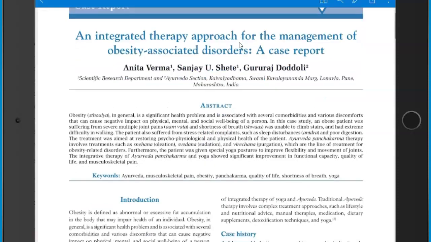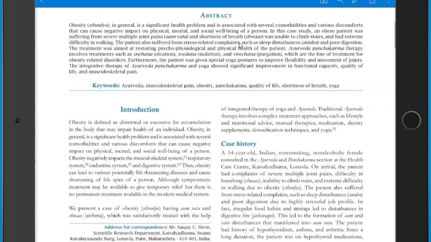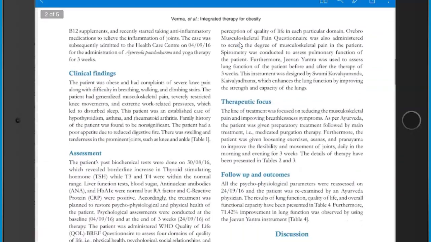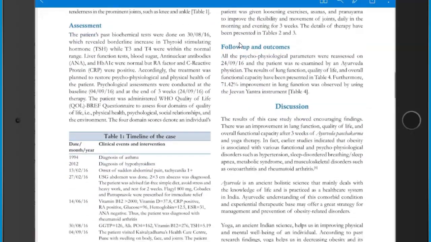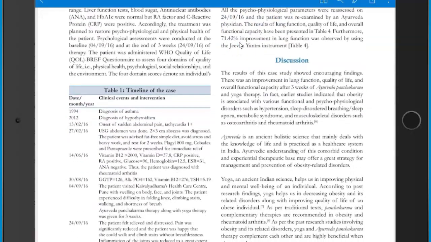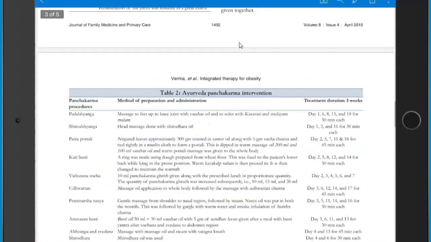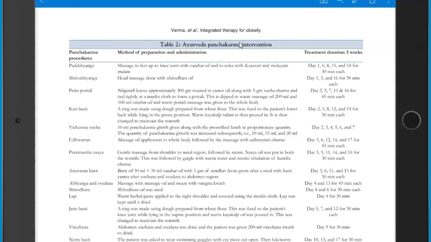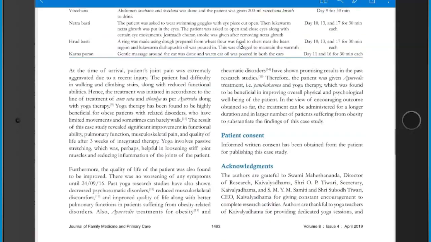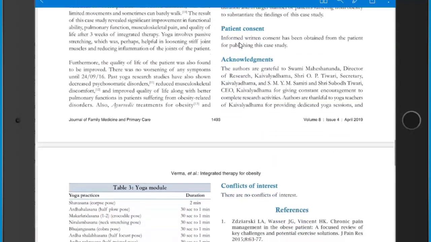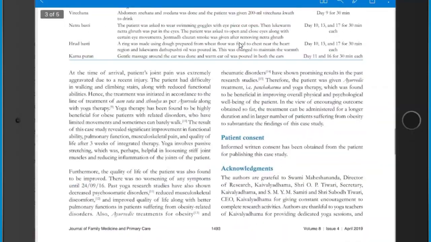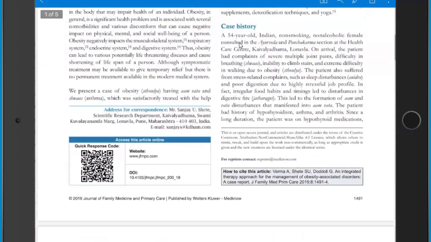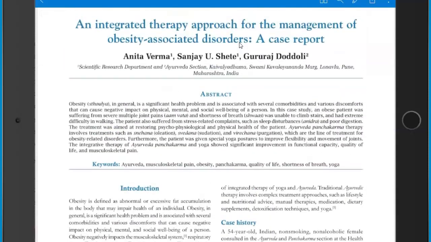So you have the abstract here, you have the keywords, you have an introduction with some citation, you have a case history, clinical findings, assessment, therapeutic focus, discussion, you have a table here, timeline of the case, you have another table about the particular intervention, some of the things that were done with the client, the way the client was treated, patient consent acknowledgements, and so on, references. And so, again, what is it, 1,000 to 3,000 words, I think, for this journal, so pretty straight to the point, presenting the case of,